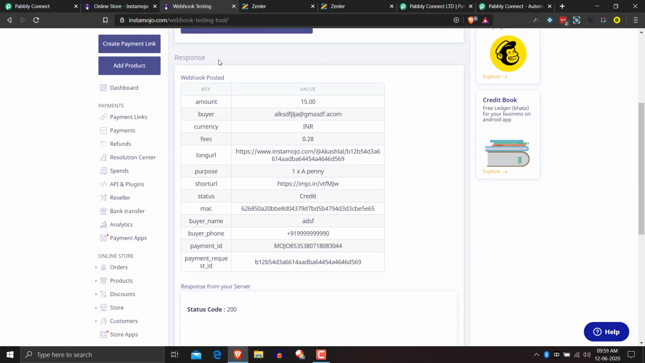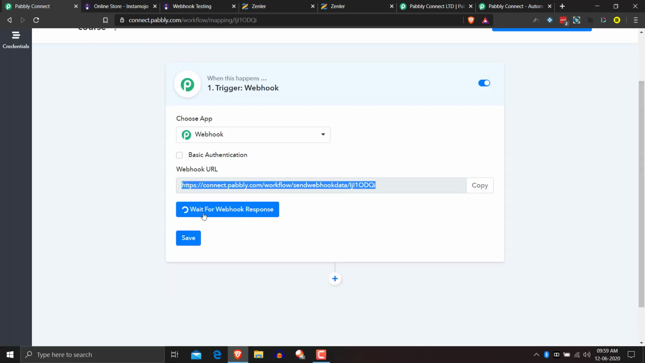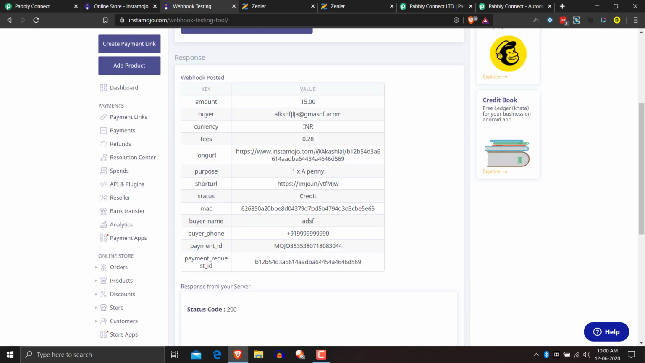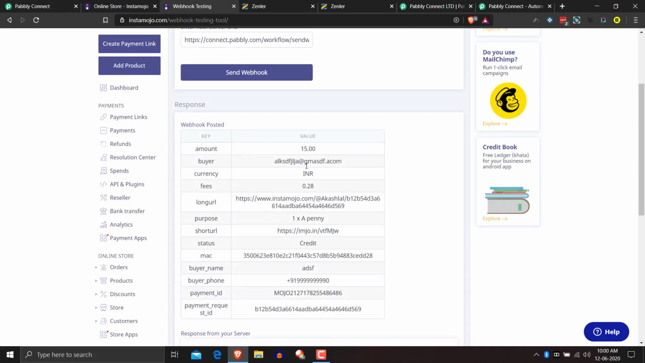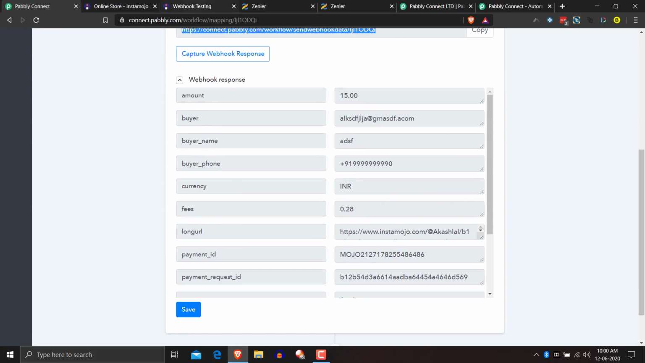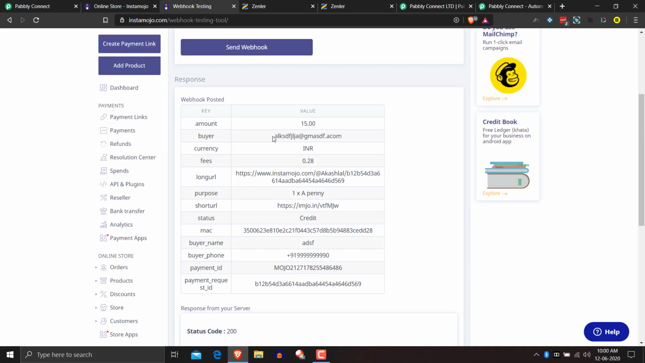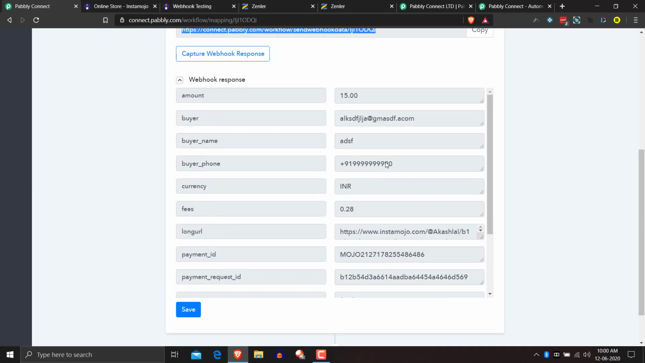So once you do this, webhook posted, it will just denote that the webhook has been posted, and here you will click capture webhook response. Okay, after clicking this, you have to send webhook. So the details which are shown here should be posted here as well. Okay, so it's basically like a test sale is done with email ID. You get the email ID of the test sale, you get how much amount he paid, and then you get some other details from him. So here you will just save this,